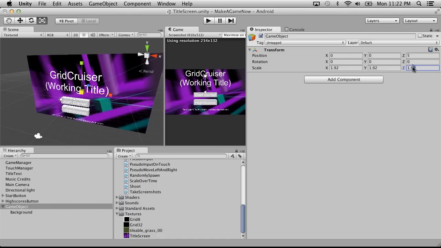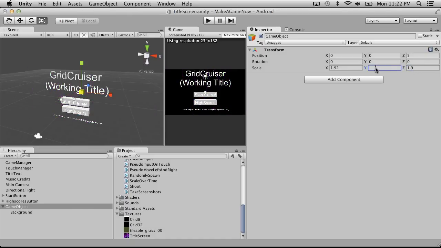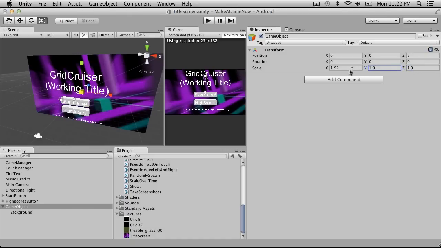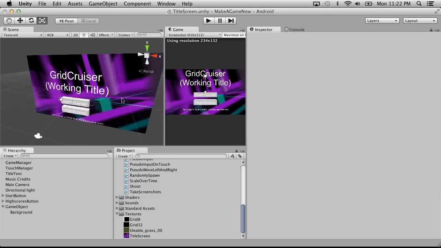Will 0.9 do it? 1.9 may be enough. No, it's not. 1.92. It may even need a little bit more. We'll find out. So now if we go